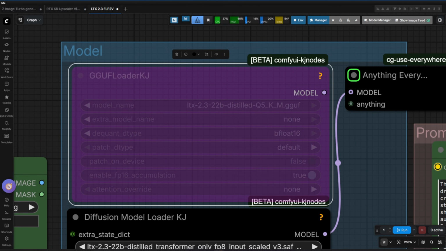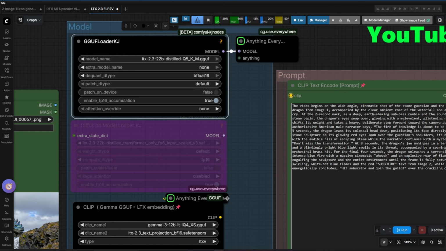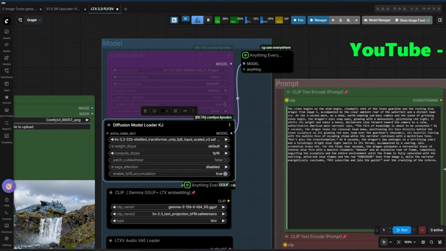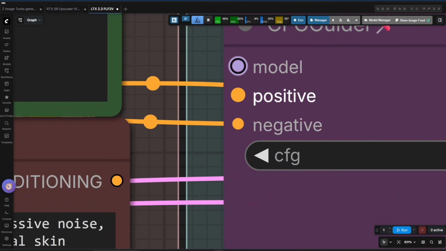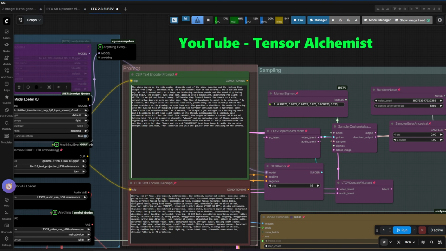If you're using the GGUF versions, connect your GGUF loader to the Anything Anywhere node here. If you're using the FP8 version, connect the Diffusion Model Loader instead. This node will then automatically link your model to the CFG Guider node. If you want to see the actual connections, just right-click an empty space in your ComfyUI window and select Show